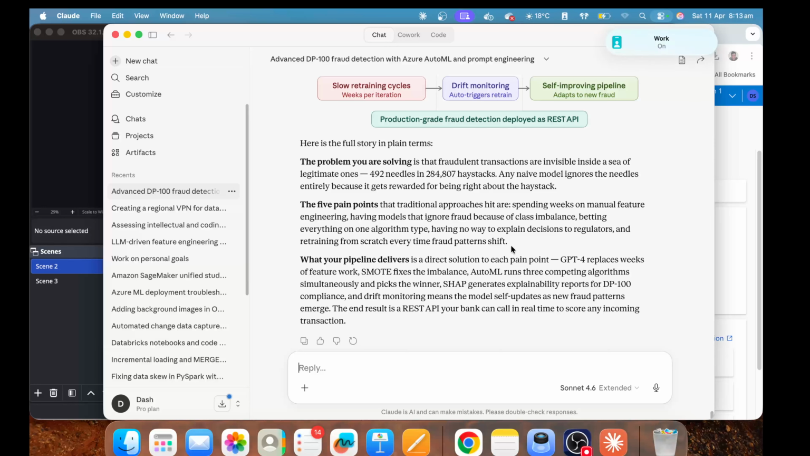So yeah, and I kind of like doing this part. What my main focus here is that GPT-4 is actually replacing my weeks of feature engineering work. SMOTE is fixing the imbalance. AutoML is actually running three competing algorithms simultaneously and picks the winner. And I think the end result will be a REST API,